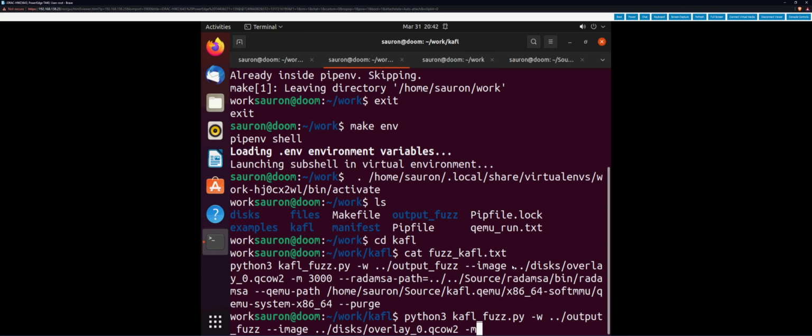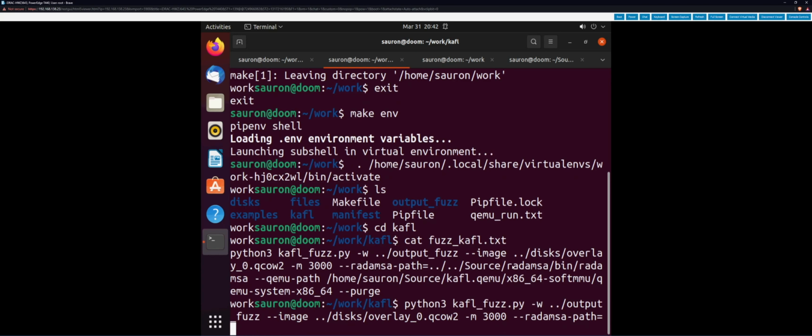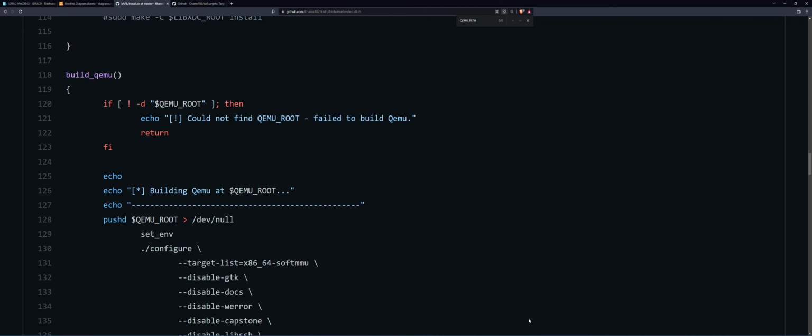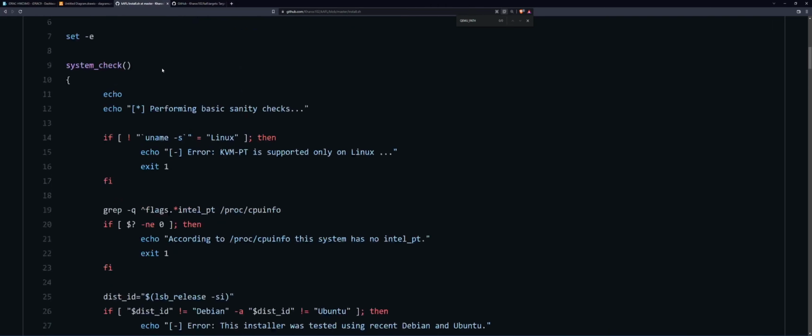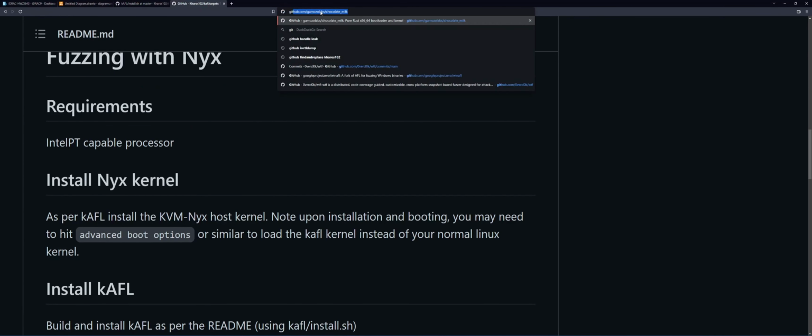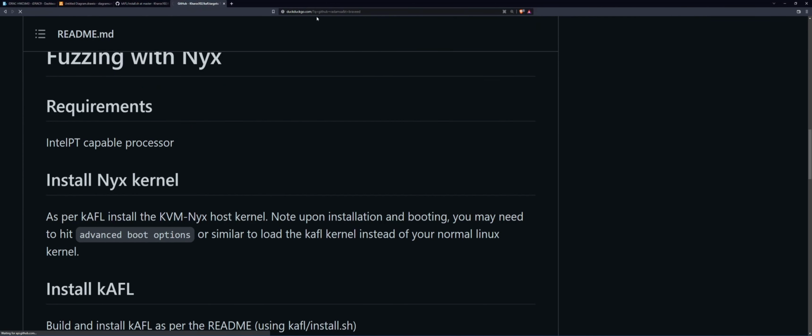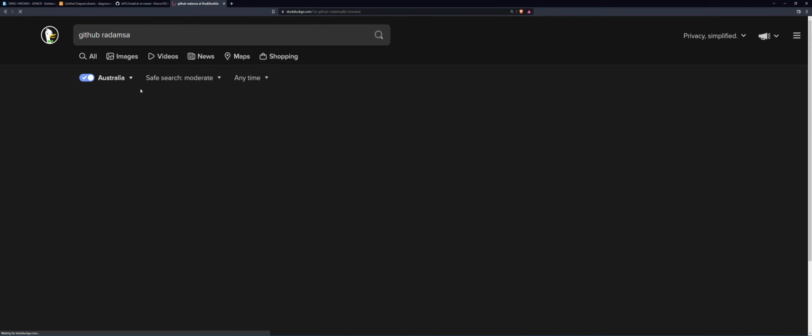-m is how much RAM it's going to run the target with. I'm going to use 3 gigs of RAM. I'm also passing the path to Redqueen as an additional input vector. I have Redqueen in this location, in this bin, in Redqueen, bin Redqueen. I think I got Redqueen just straight from GitHub. I think I did GitHub, Redqueen,